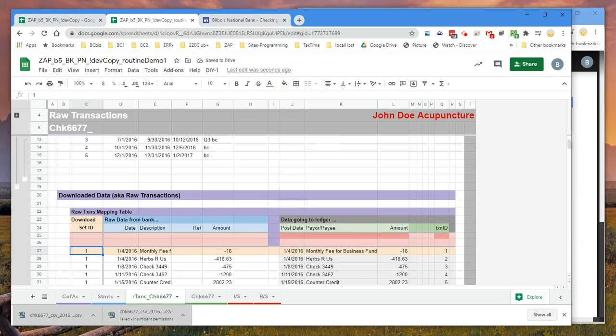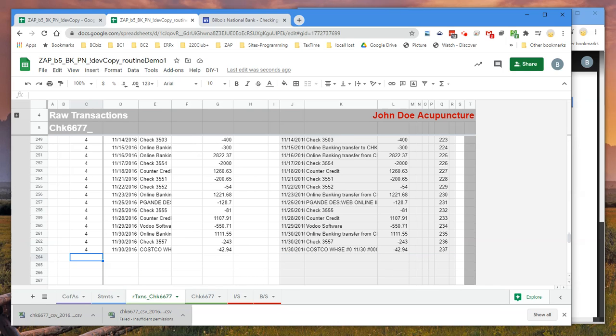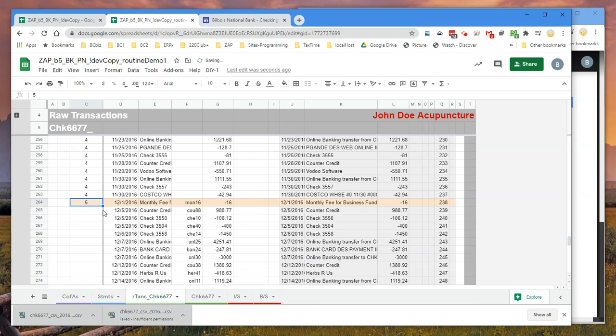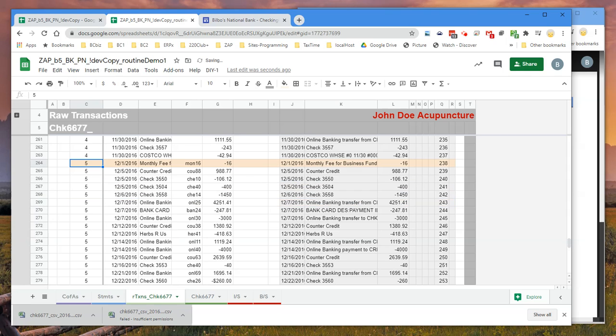I'm going to get down to the bottom of this, Control arrow down. I'm going to enter number 5 here. I right click there, paste special values only. Now I have my data from my bank in my software. And I've also reformatted it into columns I want, and I've added a unique ID. I'm going to take this data,